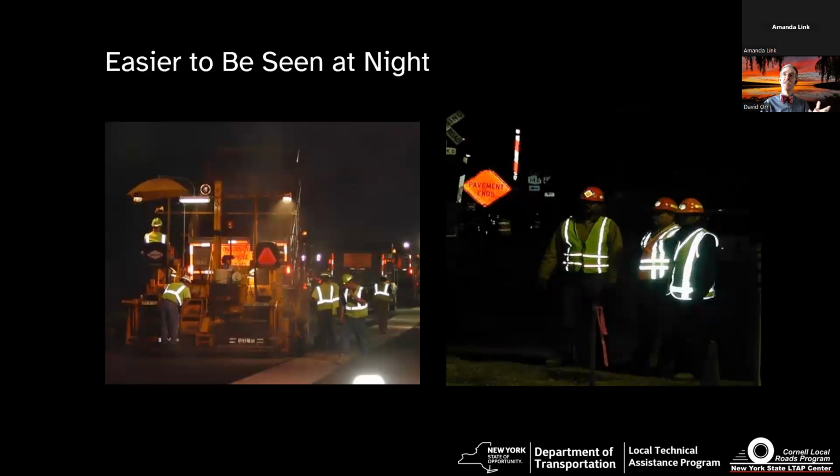Partly because it's easier to be seen at night. Obviously, these folks are much easier to see. You can see they're actually workers. In some cases these days they actually probably should have had on more, so the type 3, more reflective. You can see the legs and arms, but again, even a vest really helps. But even during the day, it makes a difference. So how many workers can you see? Watch carefully.